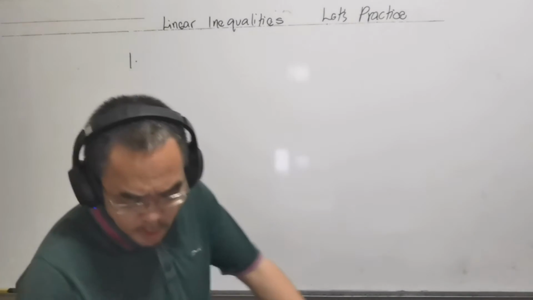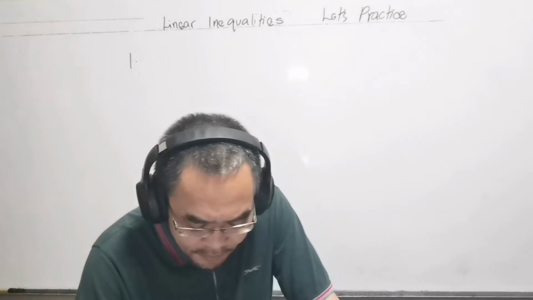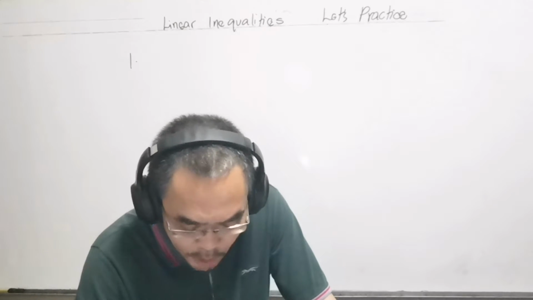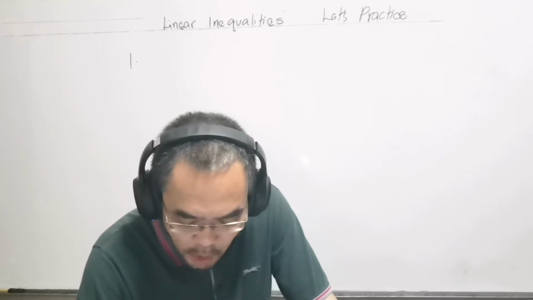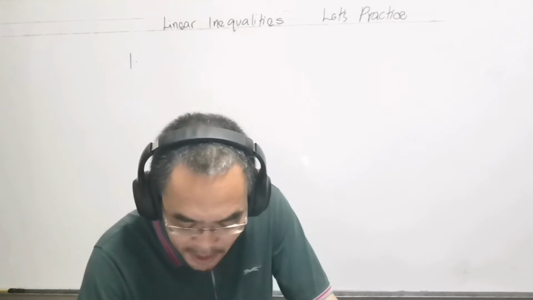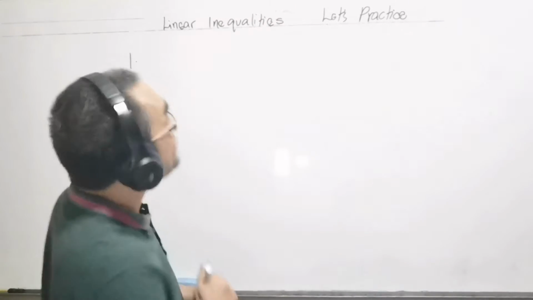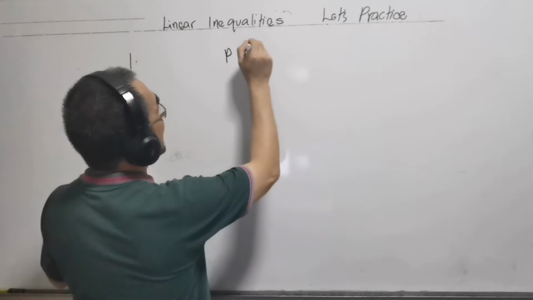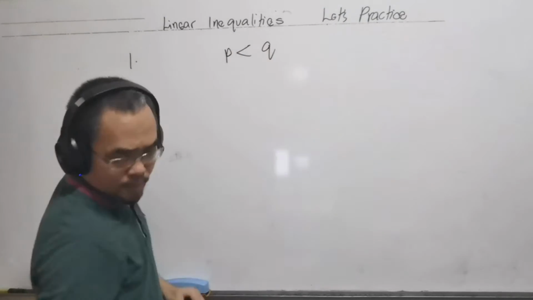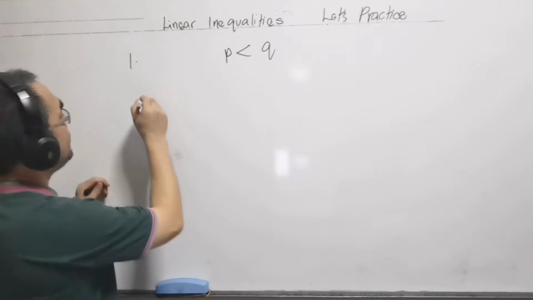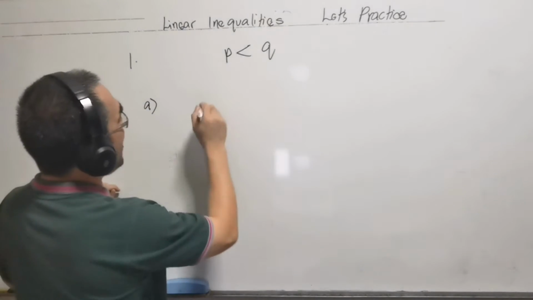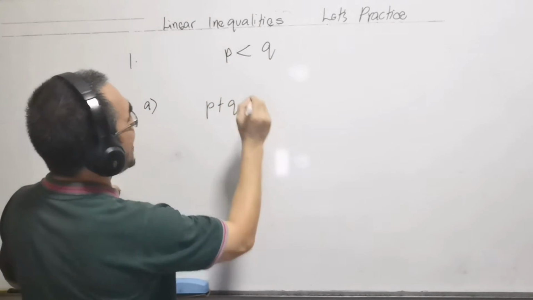Okay, now let's look at question number 1. Given that P is less than Q, compare the values of the following pairs of numbers by using the symbol less than or larger than. So first the info says P is less than Q. So what happens if we add 5 to the right